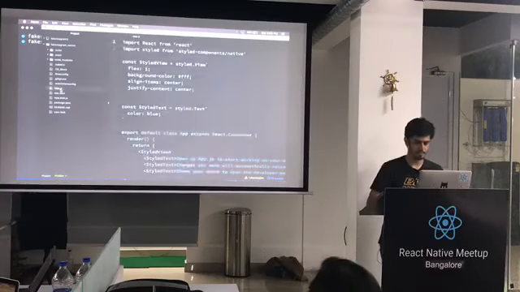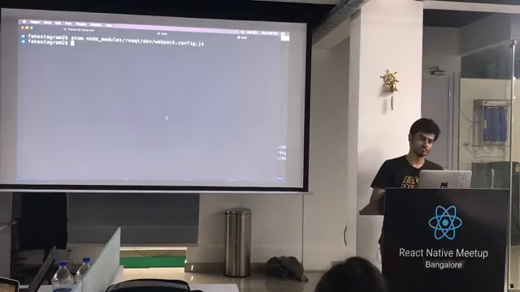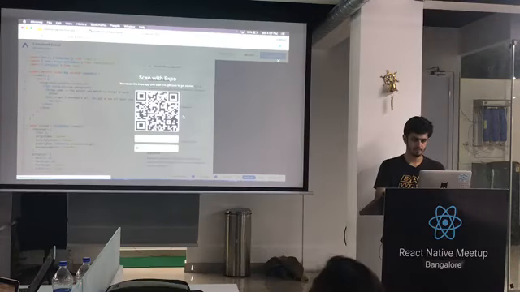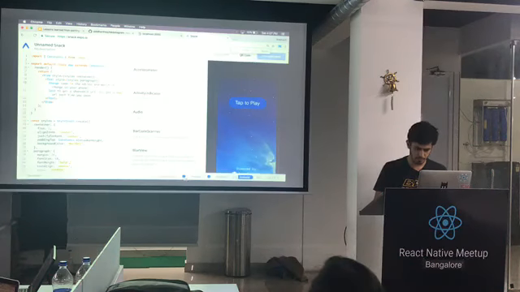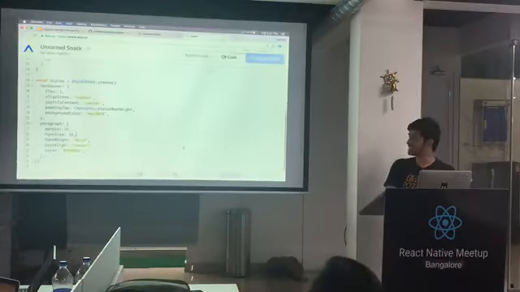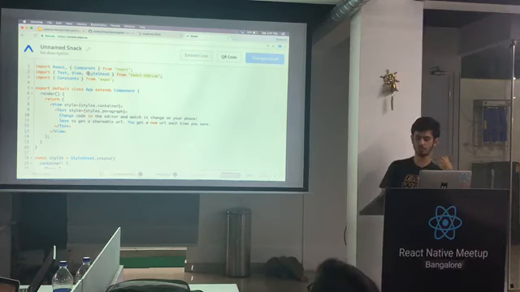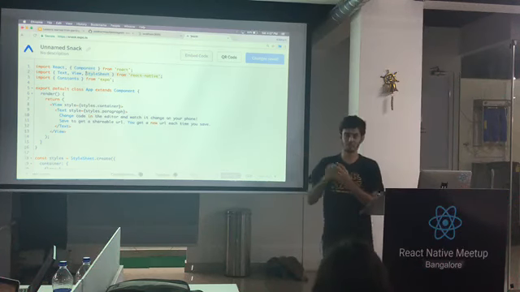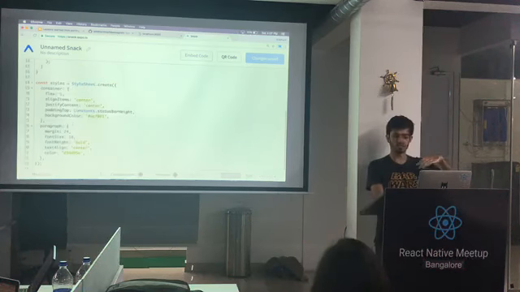I have this App.js, right? Oh, I deleted it, awesome. So let's go back to Snack and they'll have it. Yeah, so this is something that you saw earlier in these guys' slides, which was there is this style sheet where you're putting your styles and then you're reusing them inside, right? This style sheet actually comes from React Native. And again, we just talked about how you want to reuse stuff. So the moment you're using something like style sheet from React Native, you're kind of screwing yourself over that I cannot use this anywhere. So the first thing you do is pull these out into a different file.